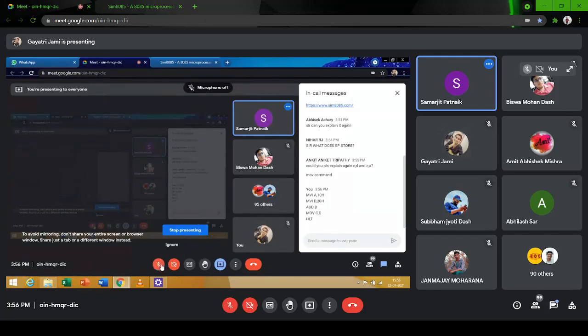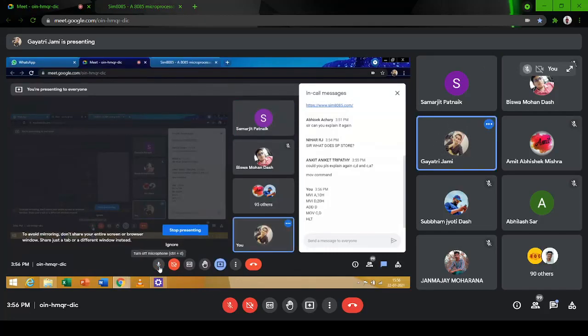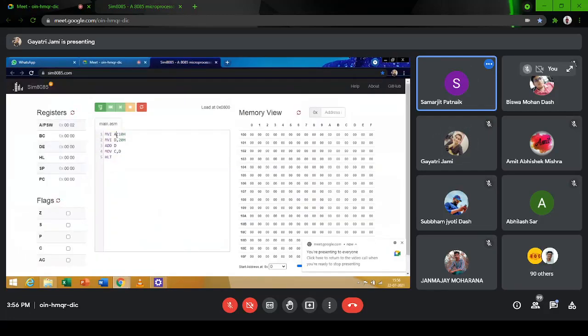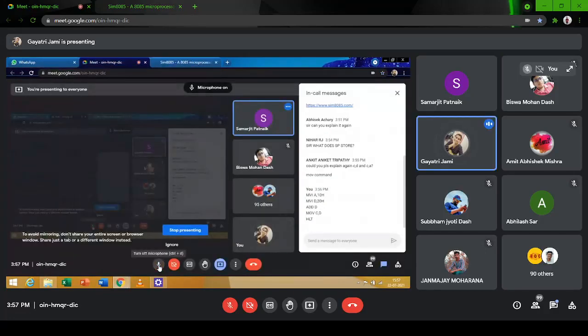MVI D, comma, space. Remove that space and check again. Build the program.